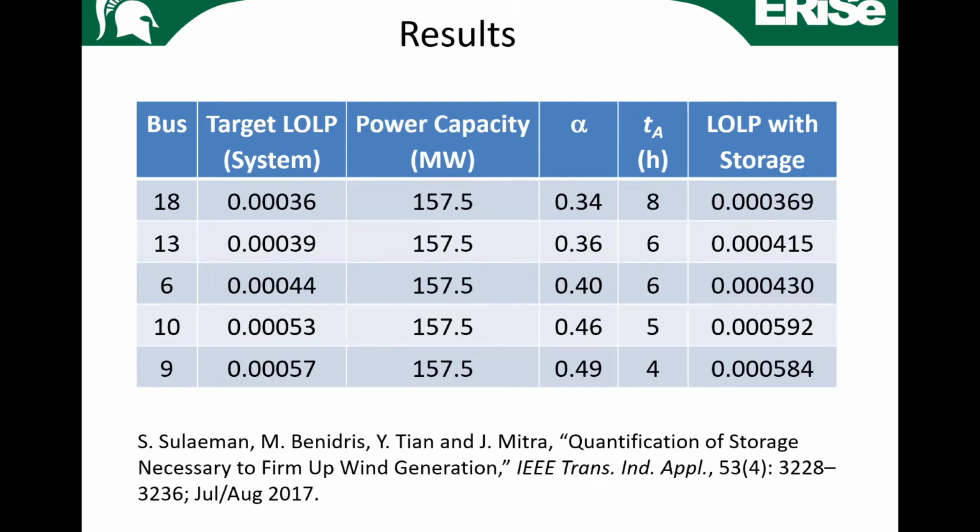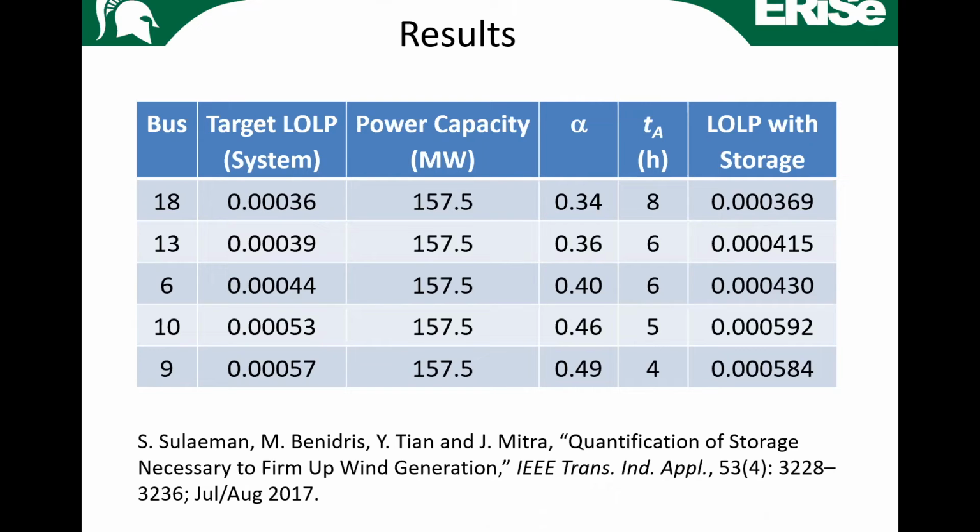So we tried at bus 18, 13, and so on, based on where the wind was able to help the system the most. Is that the loss of load probability, right? Yeah, so LOLP stands for loss of load probability, or there's also the unavailability. Okay, and so we started out with this target LOLP, and then we found that if you